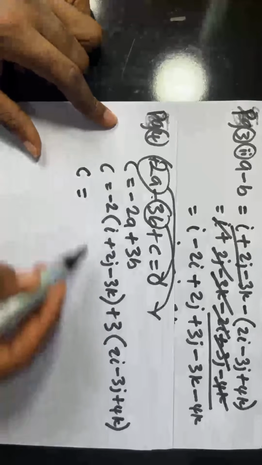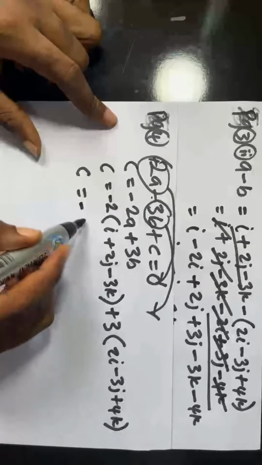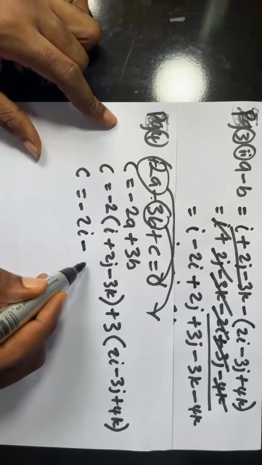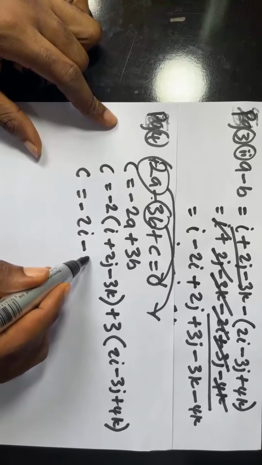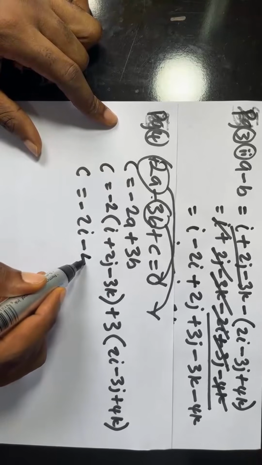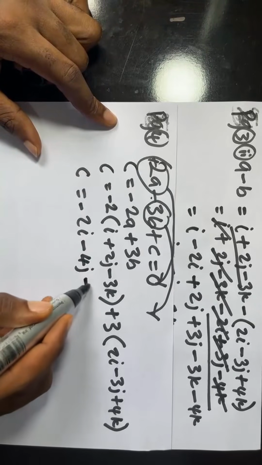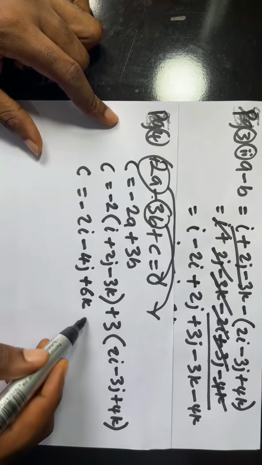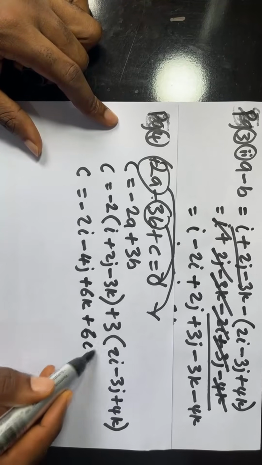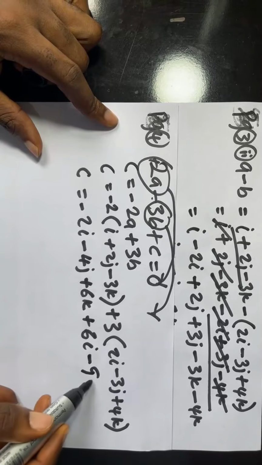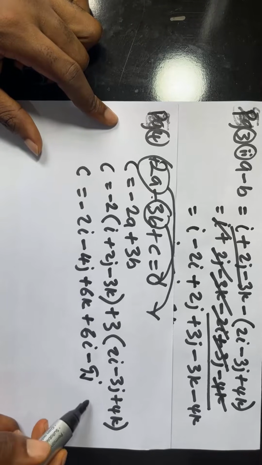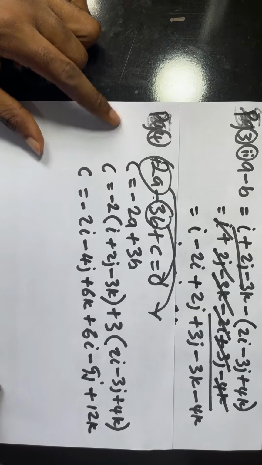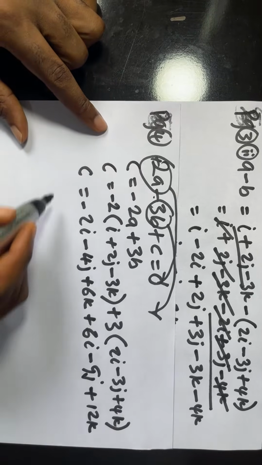So therefore, we have c is equal to minus 2i minus 4j plus 6k plus 6i minus 9j plus 12k. Now, after doing this, the next thing we'll be doing here will be